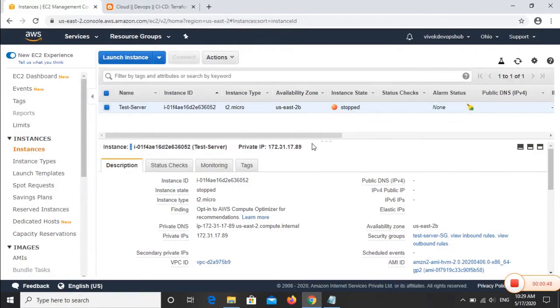So first, to use Terraform, we need a system from where we can write our script and deploy our script. So for that, I will be using an AWS EC2 instance, which is a Linux server, to create my code and to deploy. So what we are going to do today is we will create a Terraform script, execute the script, and we will see how the AWS EC2 server is getting created by Terraform.